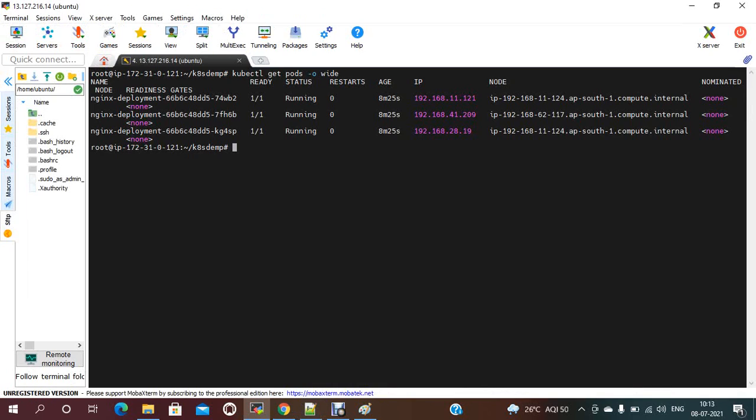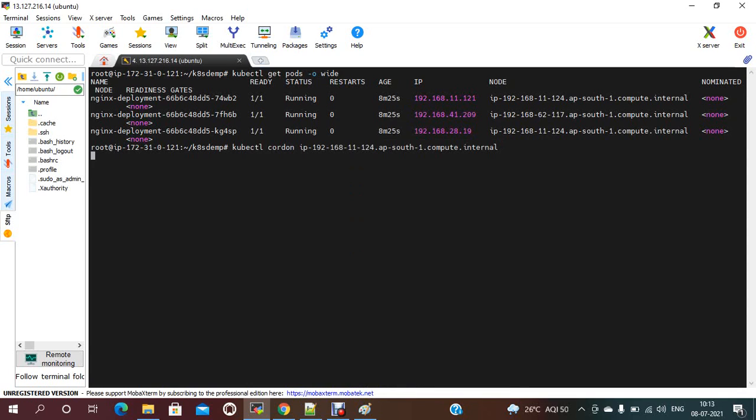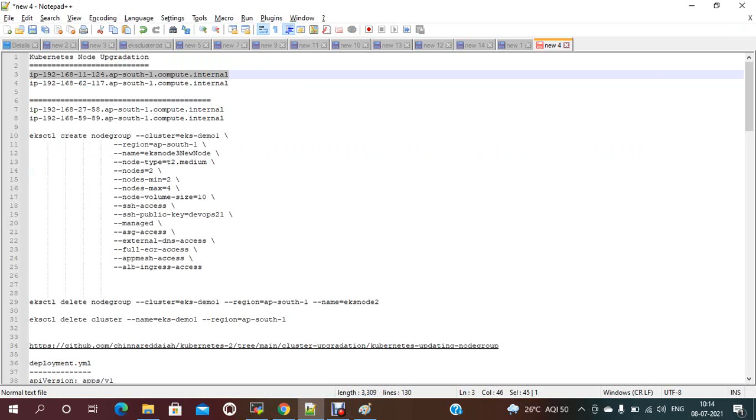Copy. kubectl cordon and the node 1 name. It should be cordoned.